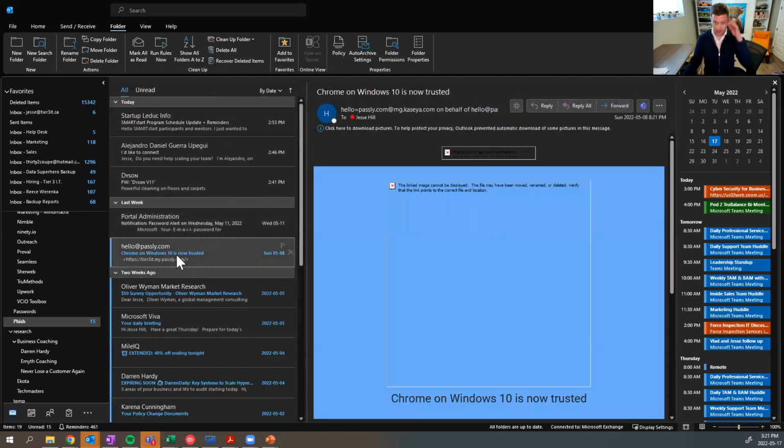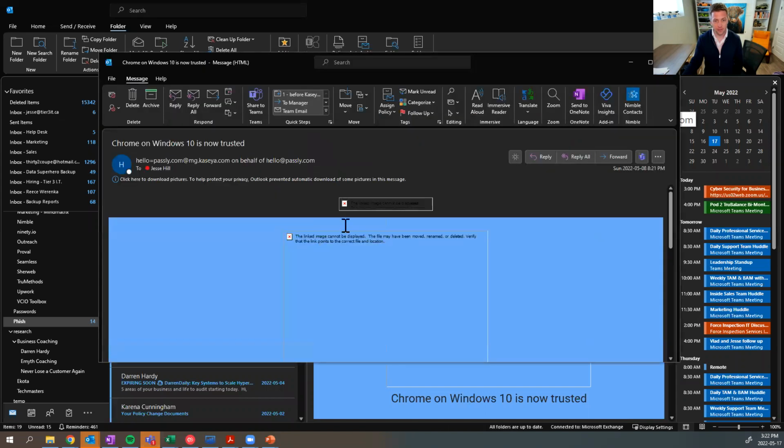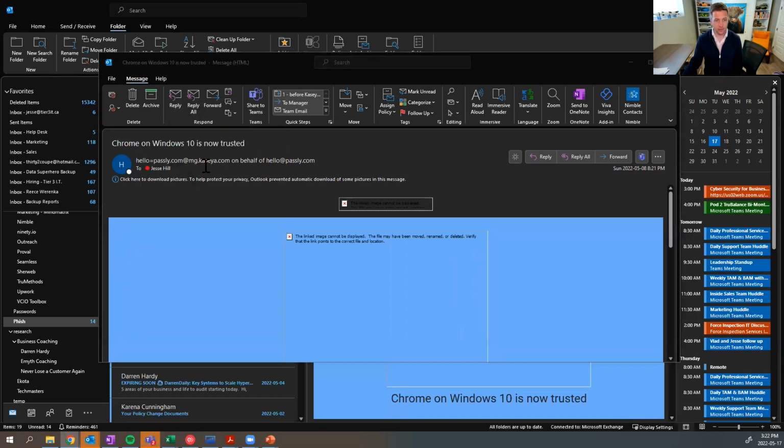We get messages like this: Chrome on Windows 10 is now trusted. This is from Kaseya, and actually, let me just expand this one. Chrome on Windows 10 is now trusted. It's coming from hello at mg.kaseya.com on behalf of hello@passly.com.